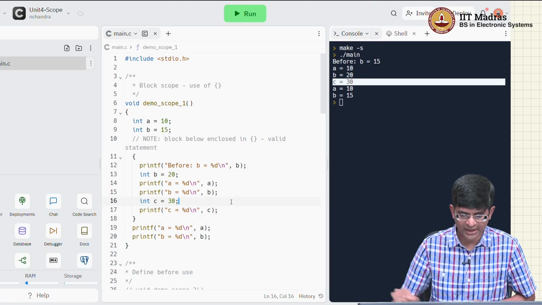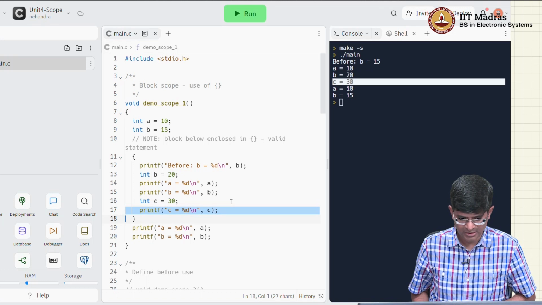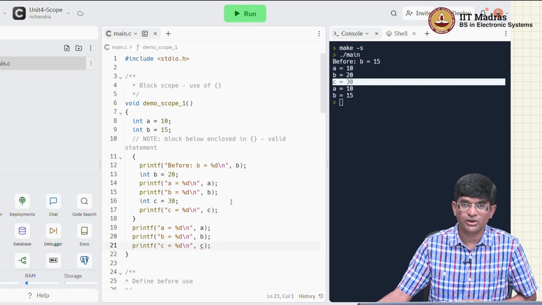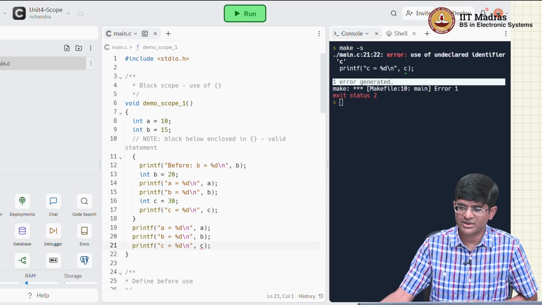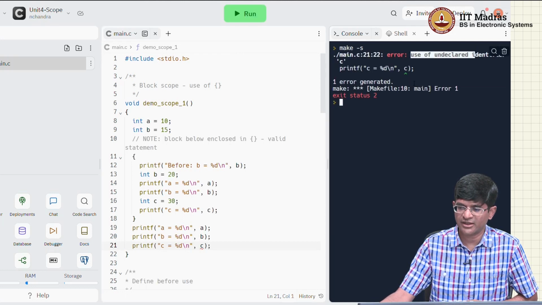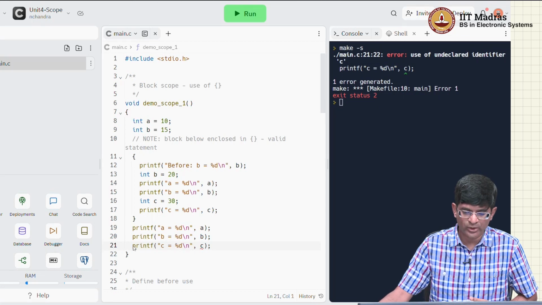But what happens if I try the same thing and say print c is equal to 30 later? You will see that this is actually a compilation error, right. It does not even allow me to proceed. If I do try to run, it is going to give me an error, use of undeclared identifier, and make me stop right there. I can't run the program, right. That is because at this point on line 21 there is no variable called c that was declared only inside this block, right, and stopped existing after line 18,